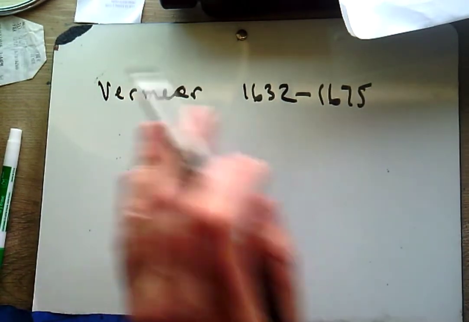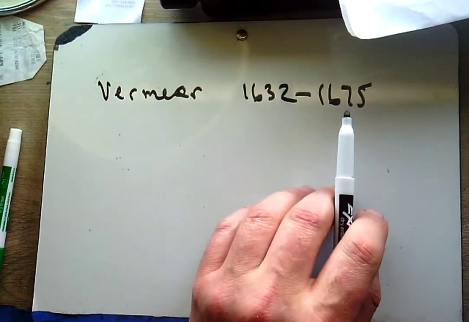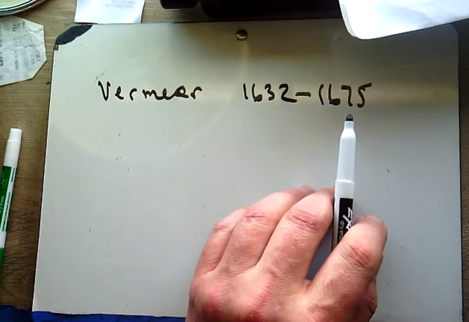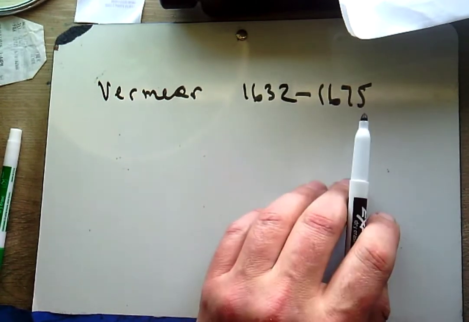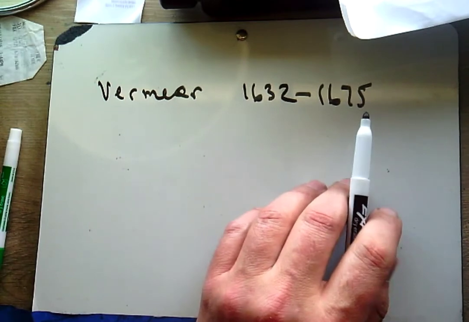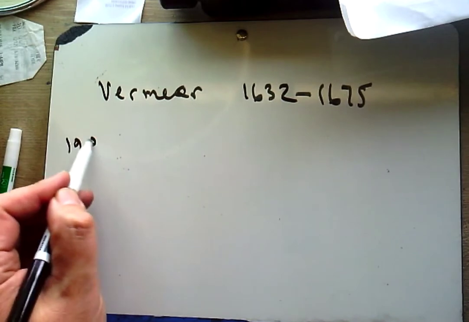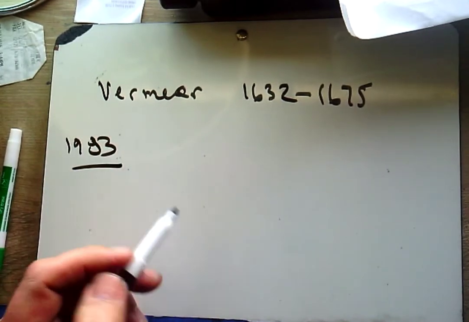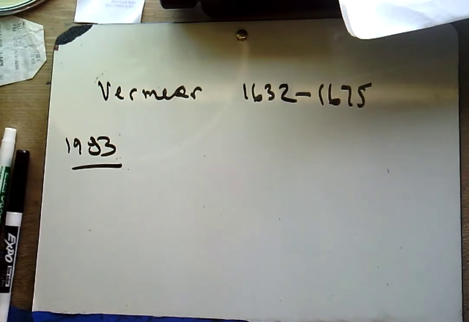So, he painted some paintings. Actually, he painted very few paintings. I think he's only listed as something like 30 or 32 paintings. And so, when one of them came up for auction in 1983, one of the things that auction houses have to do is that they have to authenticate the works that